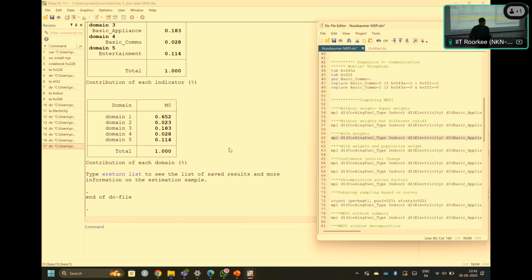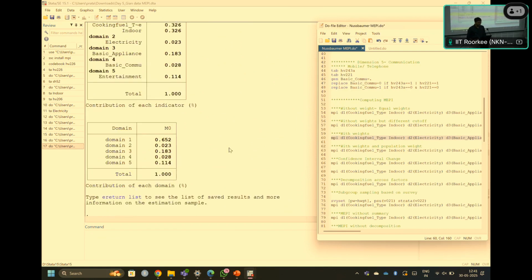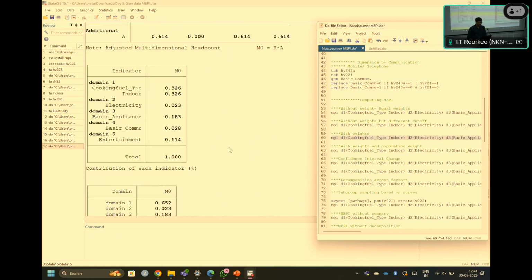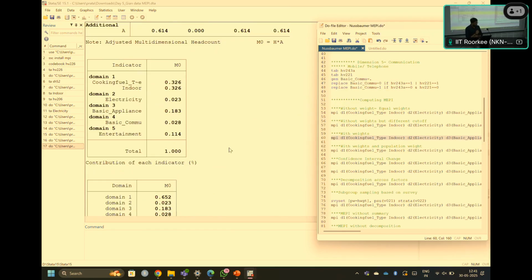now we can check with differential weight. So M0 values are changing, scores are changing, and then we can interpret them accordingly. Earlier, the basic appliances used to have higher weight and higher value, but now it has changed, right?